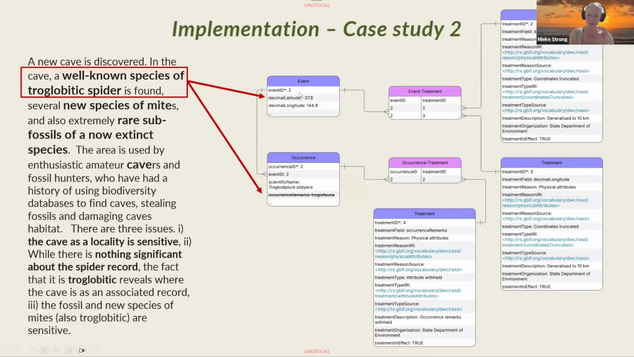So where we've got issues is, we've got this cave location, and we've also got potentially sensitive information that leads someone to realize that, oh, this is a cave species. Say, for example, here, this occurrence remark that says it's troglofauna. That makes you think, oh, this is a cave spider, without me even knowing that this is a cave spider. So there are 2 different styles of treatments that we've gone for in this example, where there's the obfuscation of the latitude